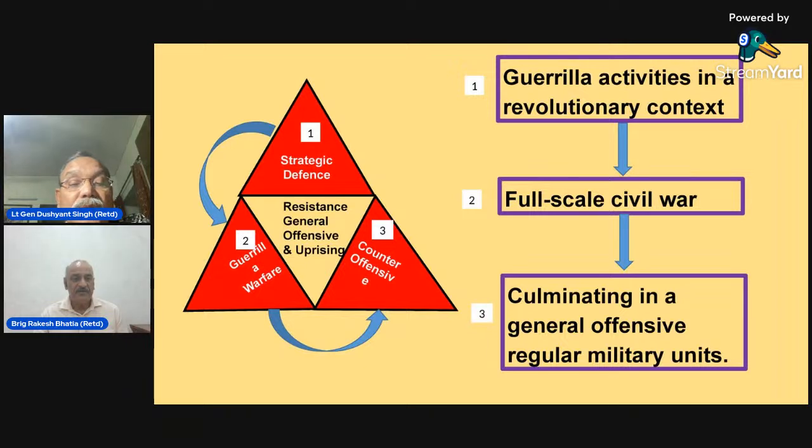So what you should realize here is that, as far as China was concerned, it considered guerrilla warfare as a people's movement, as part of a revolution to bring down a government opposed to their ideas, which Mao did. But China, after gaining independence, forgot, or maybe chose to overlook, the fact that guerrilla warfare is applicable in conventional war as equally as in a revolutionary context. Yes. So you will find that